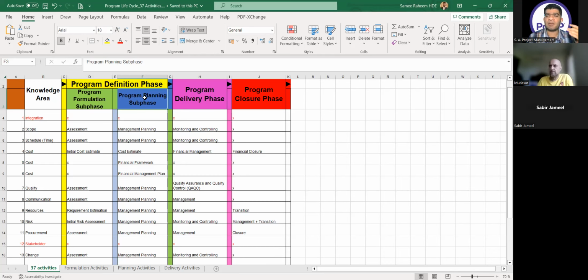When we did the benefits management domain, the first step was benefit identification, in which I made the benefit register. This benefit register is made under the program formulation subphase. Then I do benefit analysis, benefits management plan, and benefits delivery, which come in the program planning phase and overlap into the program delivery phase. If I show you what I'm talking about, I think it will be